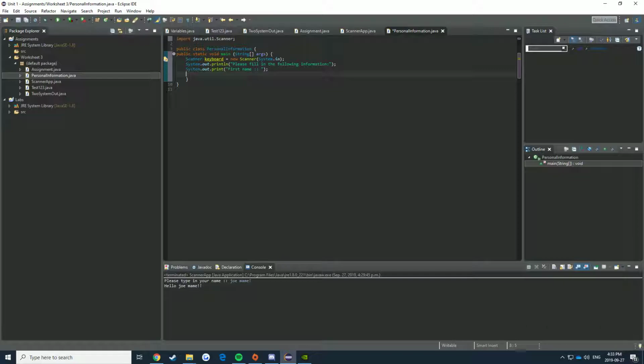We'll need a string for this since it contains words. So string, no, you gotta camel case. Remember the camel case. First name equals